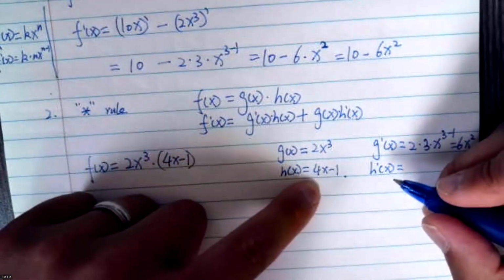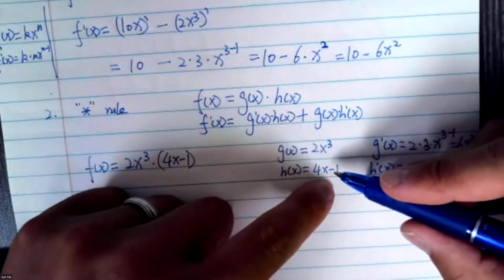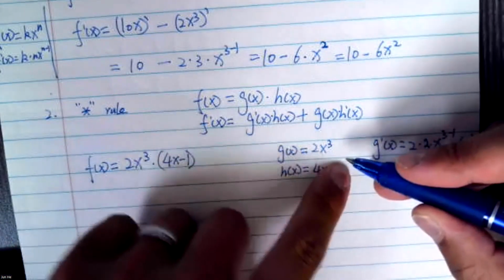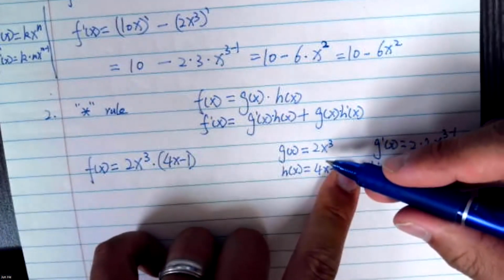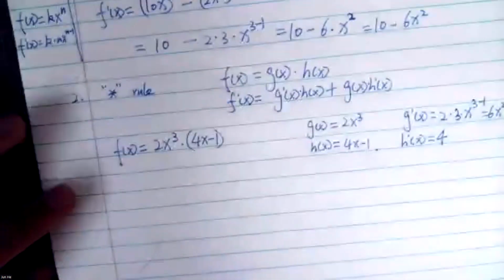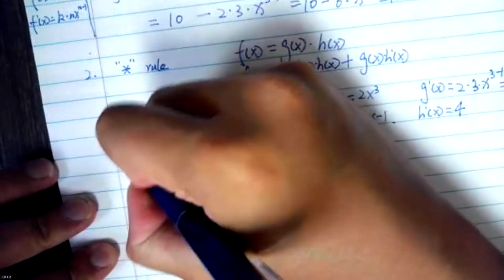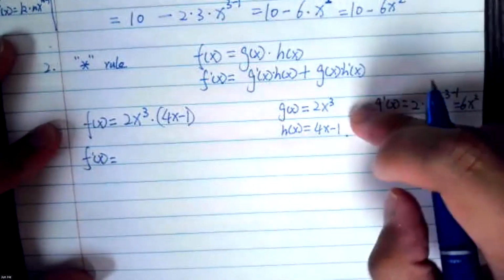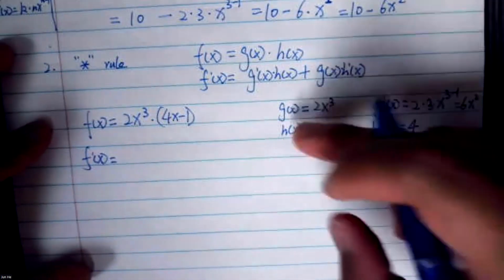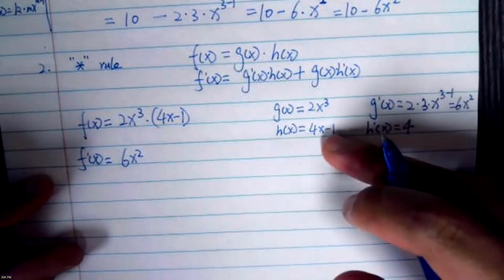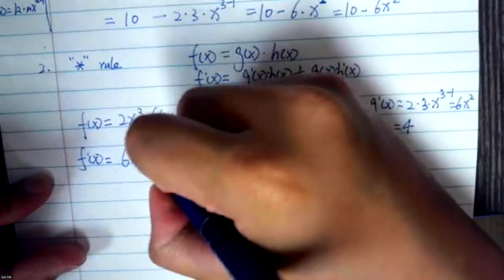And for the second one, it is a linear form, right? We can disregard this constant term as we're taking the derivative. So then the derivative of this is just the slope, which is 4. Then for the derivative of the entire multiplication, what you do is just plug things into this formula. So g prime x is 6 times x squared, by hx, 4x minus 1,